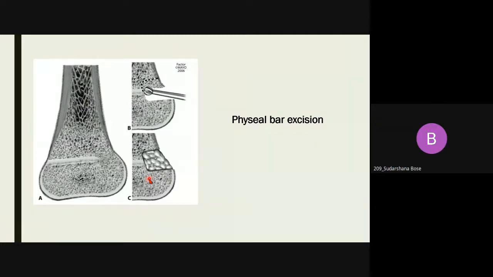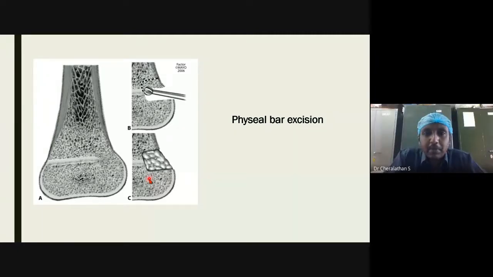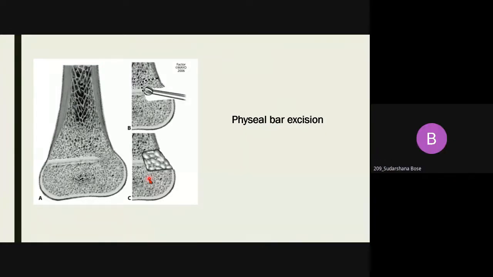Yes, sir. Actually, no, sir. The doubt wasn't regarding the overall lengthening, but how do you find the balance between the lack of growth on one side and the growth on the other side? That's what corrects the deformity, no, sir. Yeah, that is how you measure it clinically and radiologically. Okay. No, sir. What if the other side grows too much, more than what's needed for the deformity to get corrected?